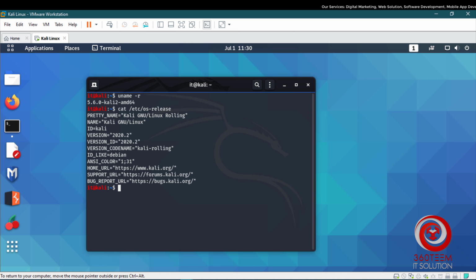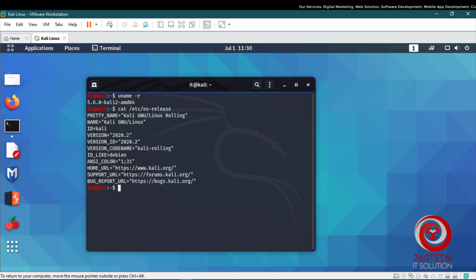You can see the version is 2020.2. Well, by default in this version and the earlier 2020.1 we don't have any root user. We have to create it or enable it.